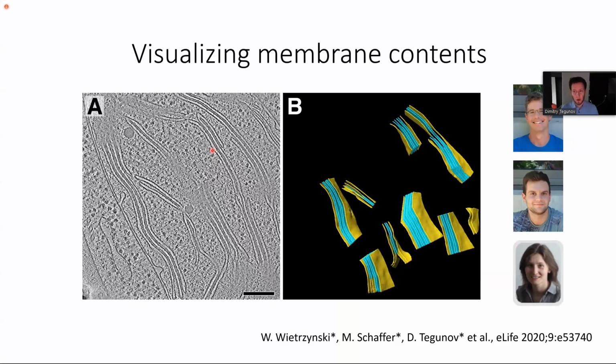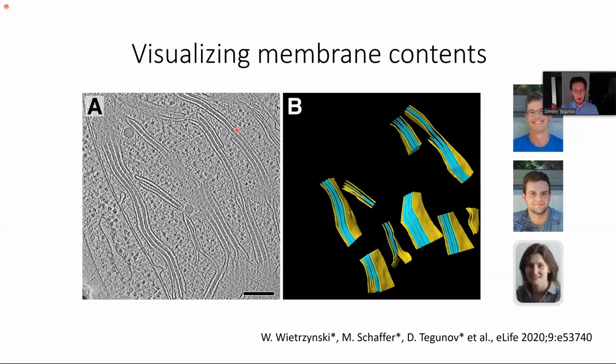And my former colleague, Ben Engel, and his team, they had these very nice data of thylakoid membranes that are, as you know, involved in photosynthesis. And to be able to do photosynthesis, proteins need to be organized in some very intricate ways inside those membranes. So I really wanted to know how exactly those proteins are organized there. And so I wrote